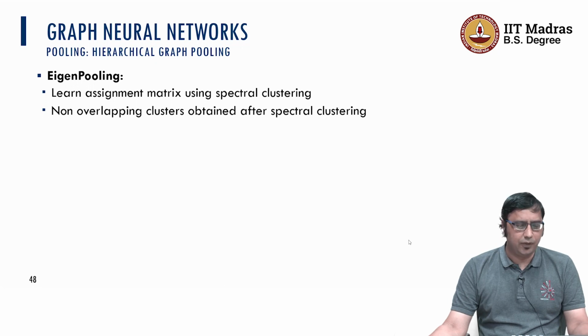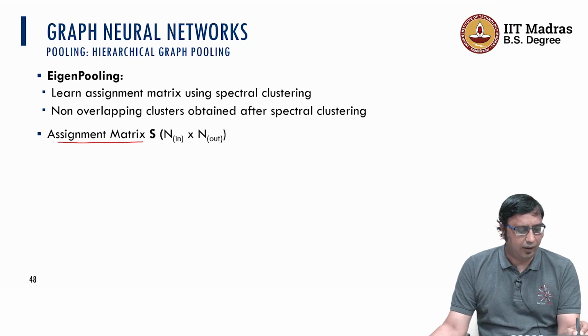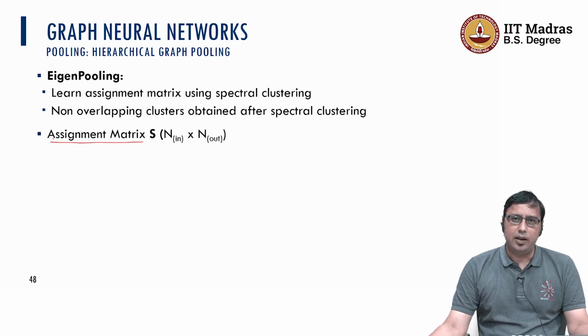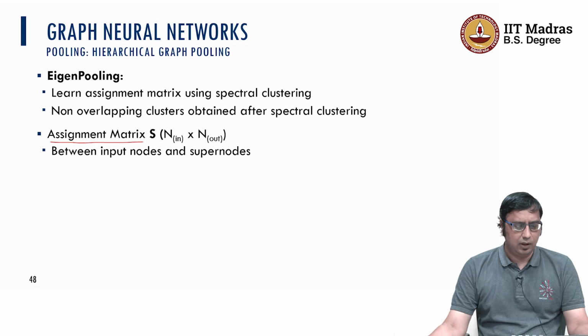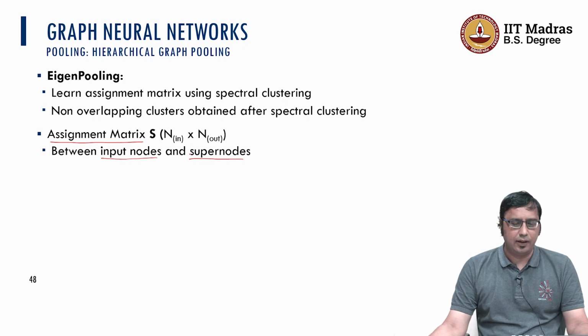After applying spectral clustering, we will have a set of clusters which are non-overlapping, and each has a set of nodes in that particular cluster. Then the idea here is to construct an assignment matrix S so that we can create a coarsened graph. The assignment matrix will provide certain connections between the input nodes and the super nodes that have been constructed,